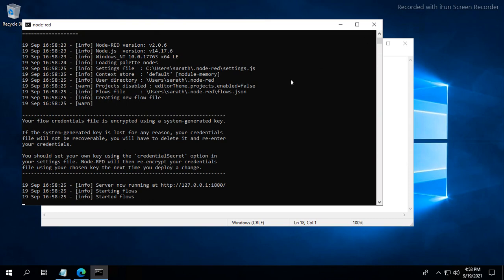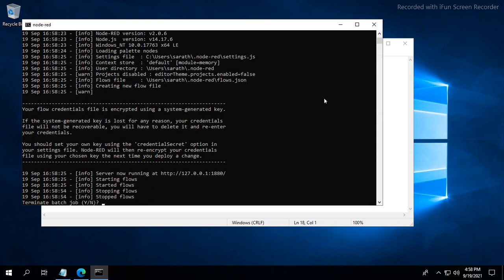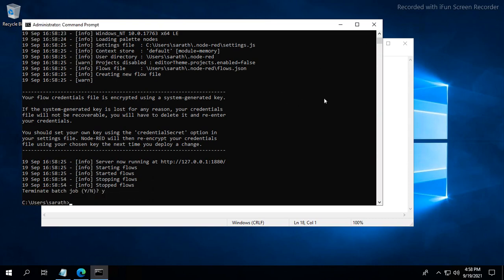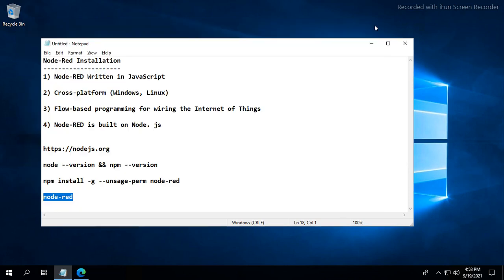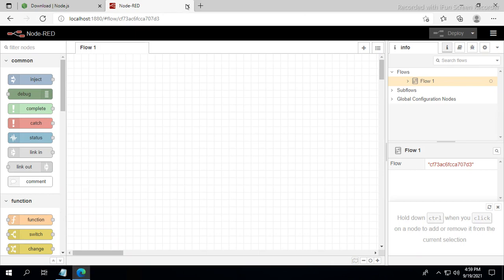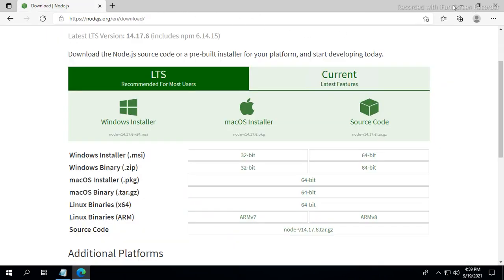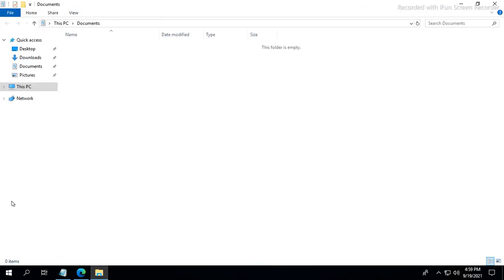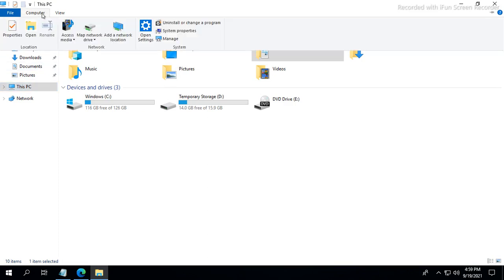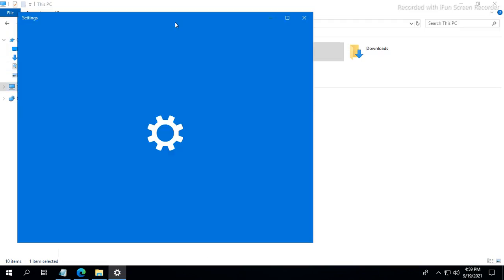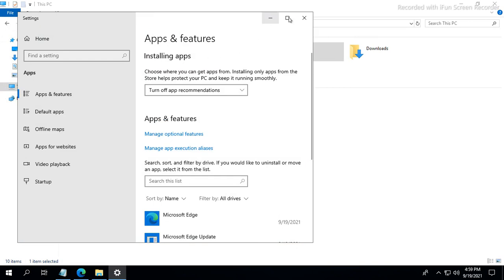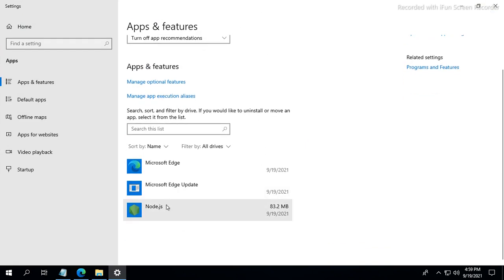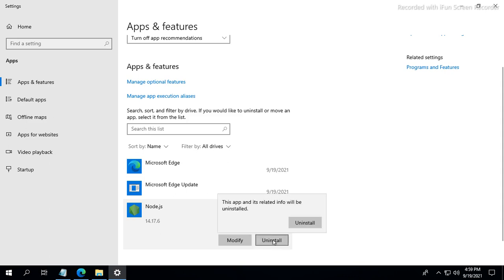Now I am going to uninstall Node.js. We have to go to the control panel on my computer to uninstall Node.js. Here I am seeing Node.js. This I am going to uninstall.